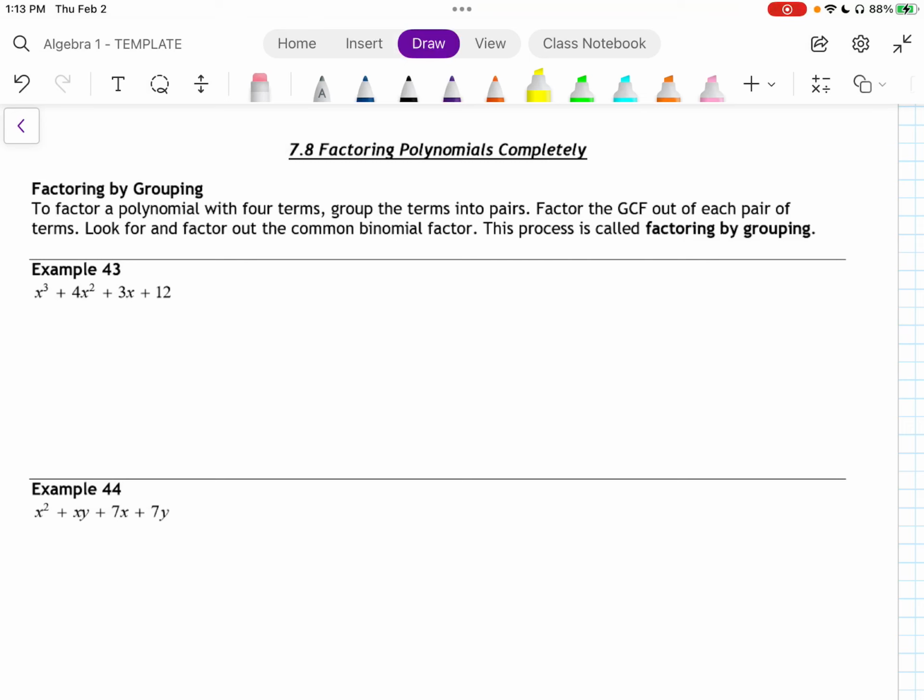All right, looking at section 8 now, factoring polynomials completely. The only thing that's really different about section 8 is that you're going to be given everything at once. You're going to have to try to factor things using all of our techniques, kind of all together. And they list here factoring by grouping, but we've actually already been doing that. Whenever we're factoring,